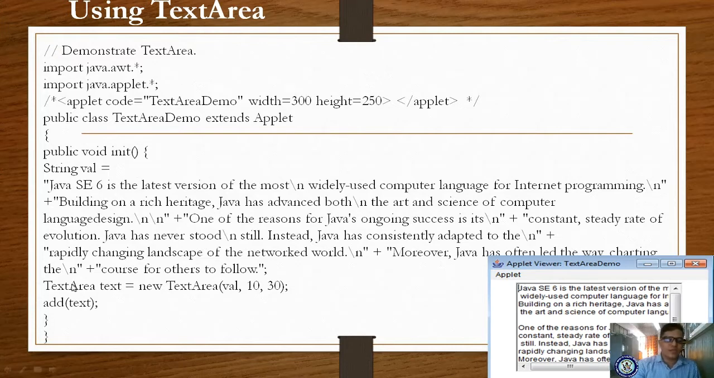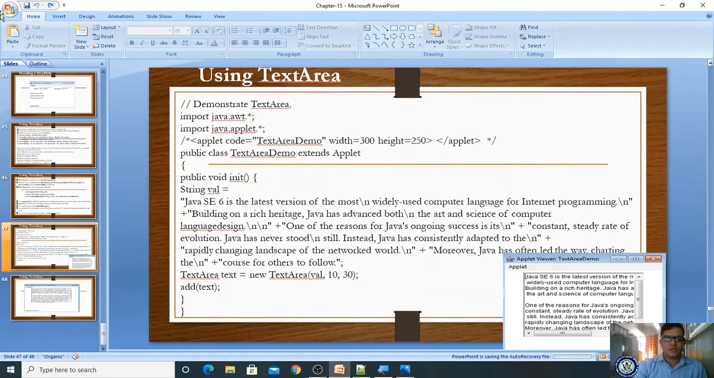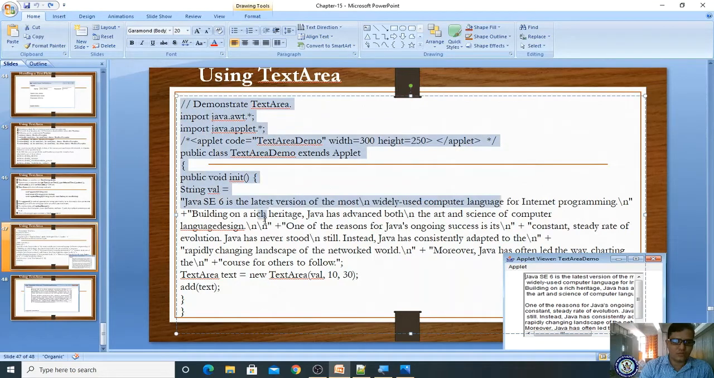Next you have to add this control to your component. To add this control to your component we have to use the add method. Let us try. If you run this program we are displaying the output like this, but anyhow let us try once again. Let me copy